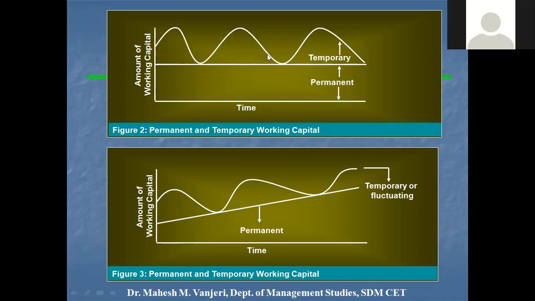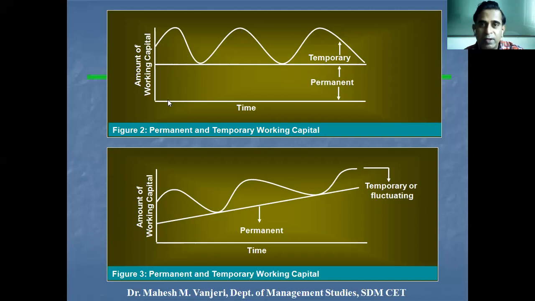This bell-shaped curve, you can consider as the summer season for Varun Beverages Limited, where the demand will be highest, additional demand other than the normal demand. This is normal demand in monsoon and winter, and in summer the demand reaches this level, so they need additional raw materials and additional labor to manufacture more units, so they will require more working capital. But after the summer season, when the monsoon begins, the demand comes back to normal, so companies can operate with that minimum level of working capital. So that is about figure 2.